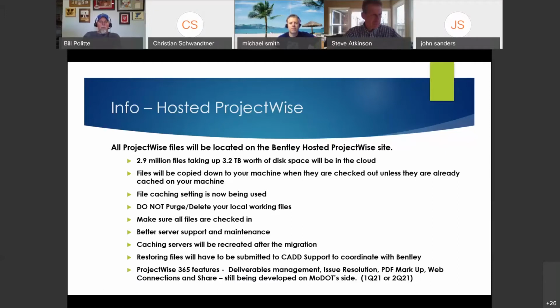The thing that we're going to be working on after we migrate to the hosted environment is that we're going to actually create some caching servers, which will speed up the process. So what will happen is that when you check out a file, where the caching servers are defined in those regions, in the districts, an extra copy will be left on that district server. So the next time you open up a file, you'll pull from the district server as opposed to the